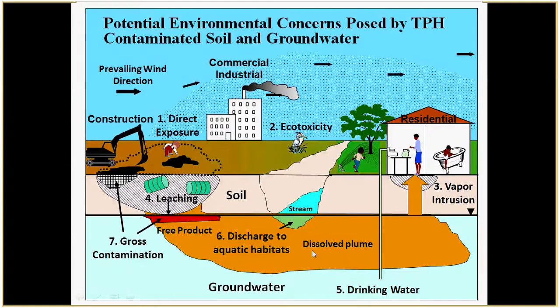The fifth common concern, switching to groundwater, is the impact of especially dissolved phase plumes to drinking water wells. Again, for petroleum, most of the dissolved phase contamination, by the time it gets to a drinking water well, is probably going to be TPH-related degradation products. So it's not, strictly speaking, hydrocarbons, but they're breakdown products of hydrocarbons. And as a default, we assume that these breakdown products have a similar toxicity as the parent compounds. So a lot of research now going on about that.